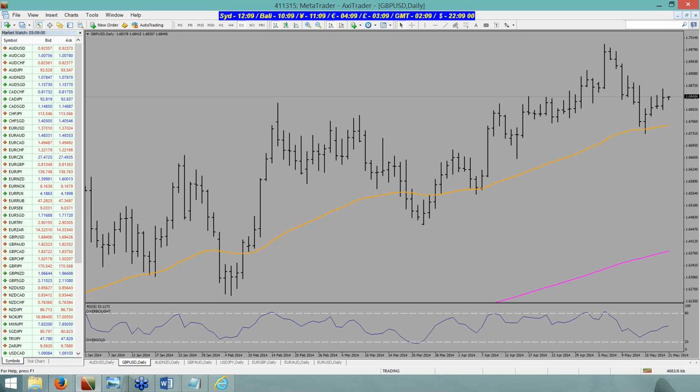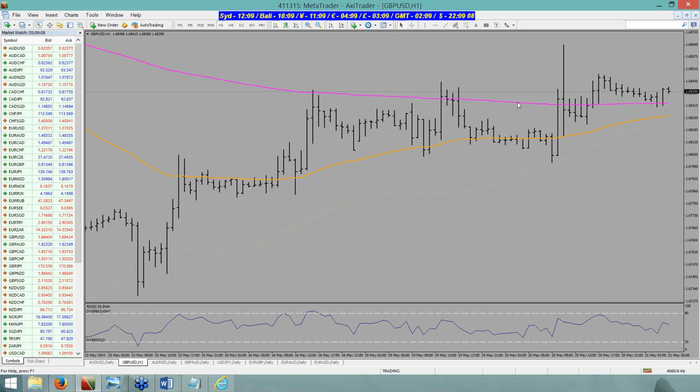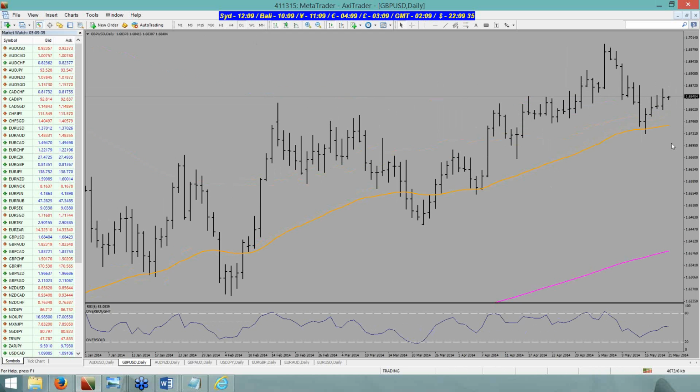To have bought pound, would you be saying that $1.70 can be broken and not rejected again? No, I've waited and gone in on the shorter time frames. There's clear buying here. You could look at that on the hourly there. We're obviously in a trend, and therefore your risk is going to be 15-20 pips, if that's where you place your stop. My stop's under here. $1.70 is quite strong.